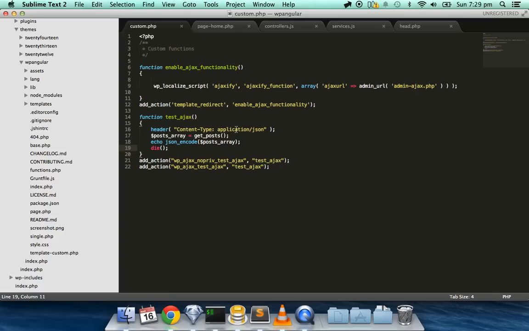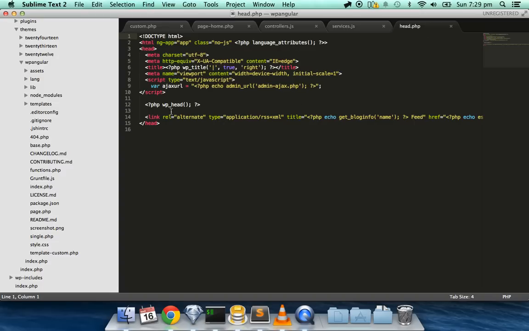The first thing I wanted to do when I set up the Ajax is to go into the head, right at the very top of your page. This is just the template that goes in first. You'll probably be able to find it, it's in there. You'll see we have the title, wp_head, all that sort of stuff, and just below the title, below the meta name or whatever you use, I've put a script here, and basically just pop in a script tag and then just say var ajaxurl or whatever you want it to be called, and then you want to echo